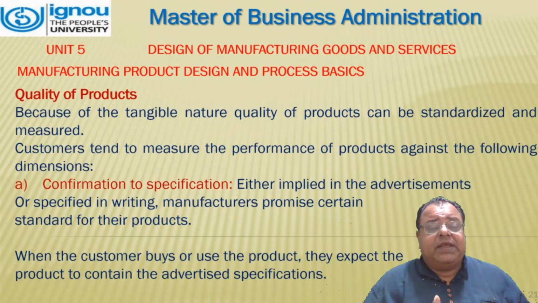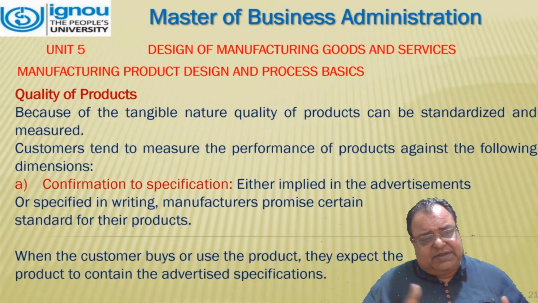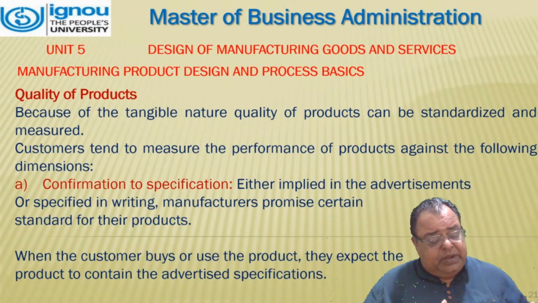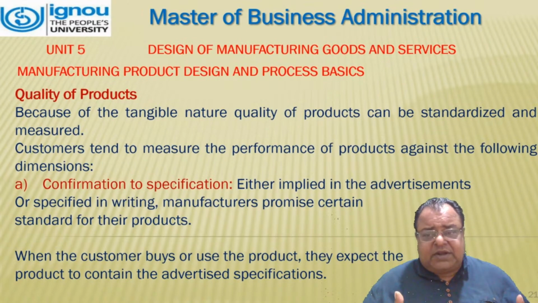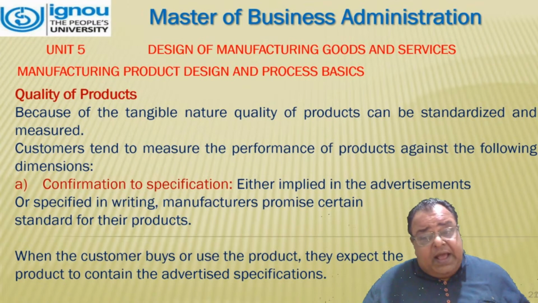First of all, we will see what are manufacturing product design and process basics. We'll start with quality of products. Because of the tangible nature, quality of products can be standardized and measured. Customers tend to measure the performance of a product against the following dimensions. The first one is conformation to specification,